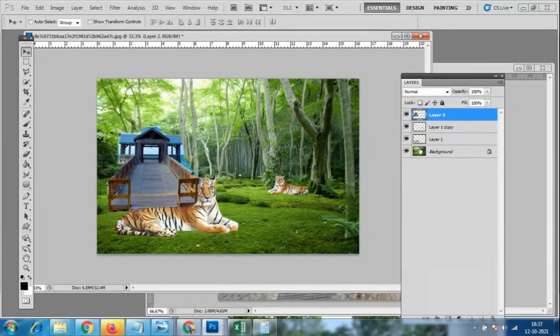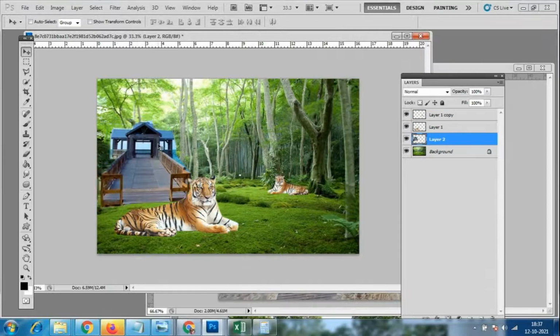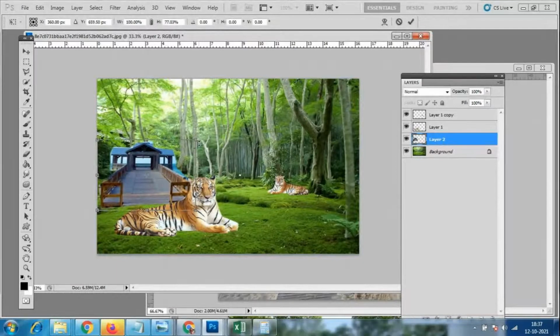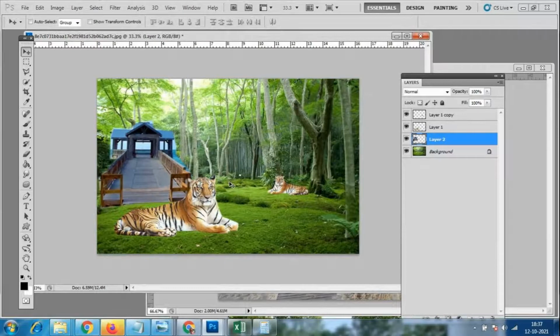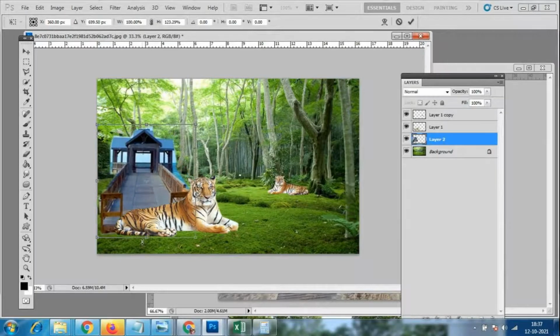So I'm selecting layer 2 and bringing it down, so that it is behind this.